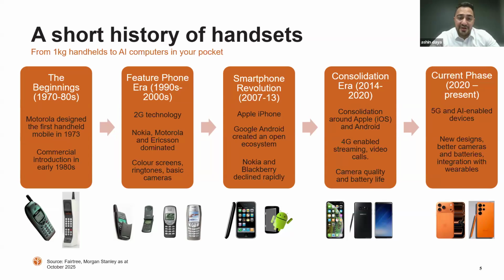Then the smartphone revolution, which I referred to as the period of 2007 to 2013, was really led by Apple. Apple made a very bold leap where they decided to include touchscreen technology, the first glass panel, and change the form factor quite significantly. And why this was also important was it was the first cell phone at the time which could do full web browsing. So for the first time, you had the ability to replace some of the functions that you had done on a laptop previously